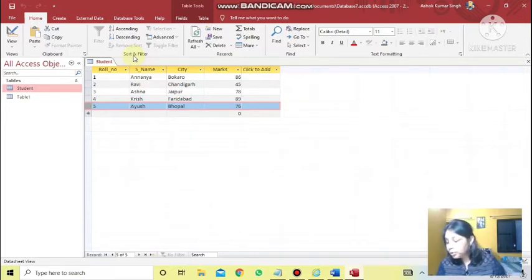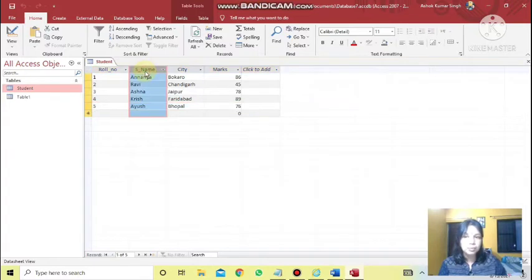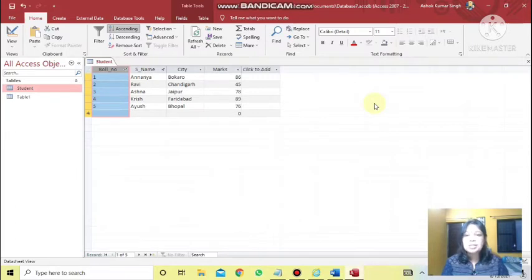Okay, so if you want to arrange the data or sort the data in datasheet view only, then you can select that particular field. Suppose name I want to adjust, then you will go to home tab, and in sort and filter group, as you can see, ascending and descending, both the options are there. You can choose any one of these. Accordingly, all the rows will get updated. And if you want ascending one, then ascending. Same way, if you want the roll number to be updated again in the previous one, ascending, your data will come back in the original way. So this is how you can update.